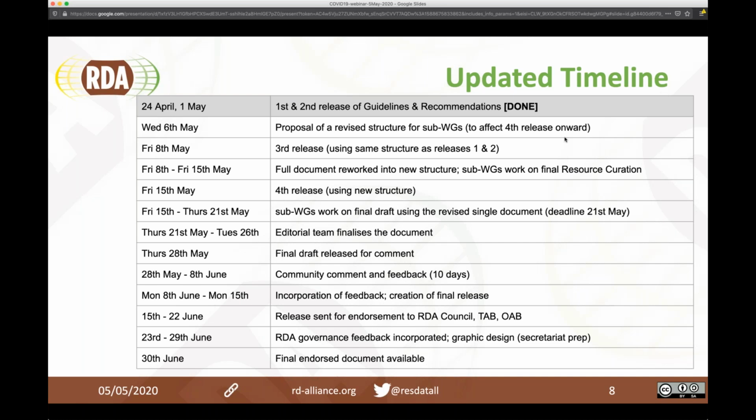So just a couple of minutes on the updated timeline. As you can see, the sprint approach, which we started with a few weeks ago, continues. The third release in the current structure will be this Friday. Once that release is available, and again available to the community for commenting, then we have an editorial team, which I'll introduce in a minute, which will look at a reworking of the document to put it into a common structure and language across all sections. And that will result in a fourth release on Friday, May 15th,